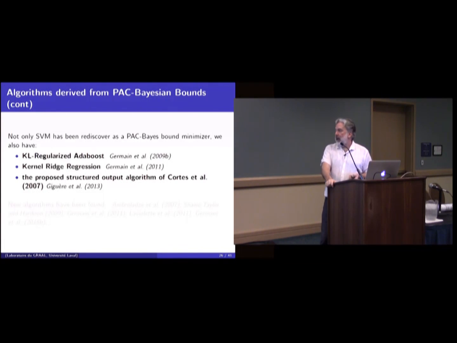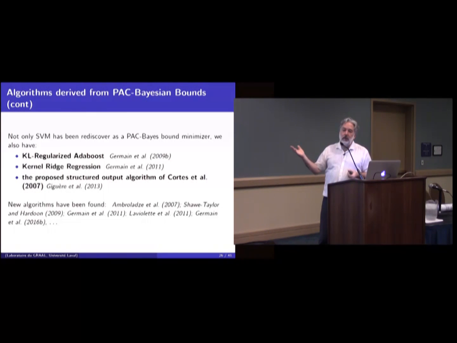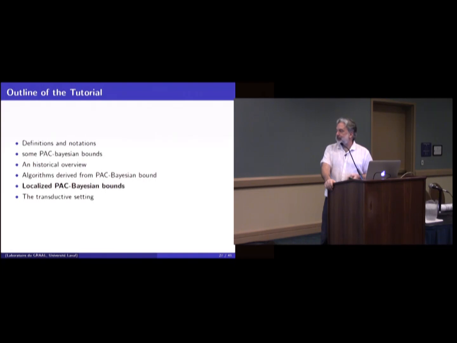of course. But we also found a lot of new algorithms simply by defining a new PAC-Bayesian bound and trying to minimize it. Of course, if you are in the IID case, in the classification case, you only retrieve something that has already been found, because there's a lot of people who did a lot of work on that. But if you go in other frameworks that are more difficult, this is the first way to go and to see what you should do. You try to find a PAC-Bayesian bound, and then you minimize it as your algorithm.